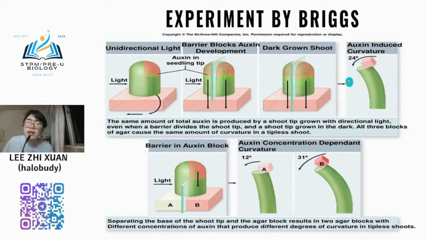So you will see this diagram. When the barrier is blocking the auxin, and the light comes from the left hand side,